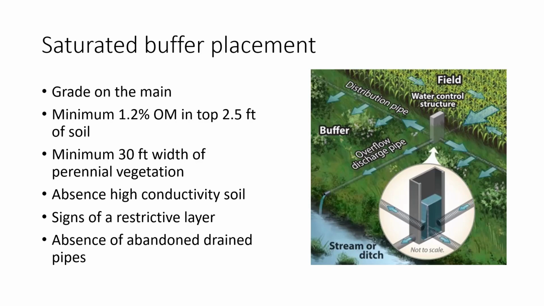That always works better the more distance we have between the distribution pipe and the field edge. Then next we need the absence of a high conductivity soil. So that just means we don't want to find any sand layers, sand lenses, gravel layers. A lot of times if you're working next to larger river systems, it's going to be too much gravel and sand in that riparian zone. But if you're working on those smaller first and second order streams up in the watershed, you can make it work. But you do have to check not only what the soil survey says for that area and that soil type, but you need to go out and pull soil cores to verify that you're not going to be